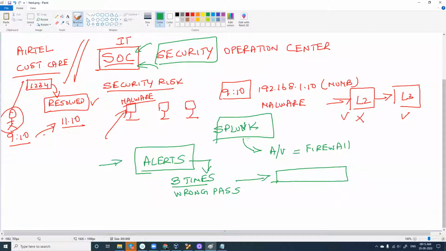So Splunk can act in real time, just like when you insert a USB in your computer and your antivirus suddenly pops up, intimating you that we have detected a virus. Like that, for the whole network, even if it has 1,000 computers, if all the 1,000 computers are connected to a server and the server is running Splunk, you'll be able to control all the security risk linked with these 1,000 computers. And so if you're looking for SOC kind of roles, it is mandatory for you to learn Splunk.